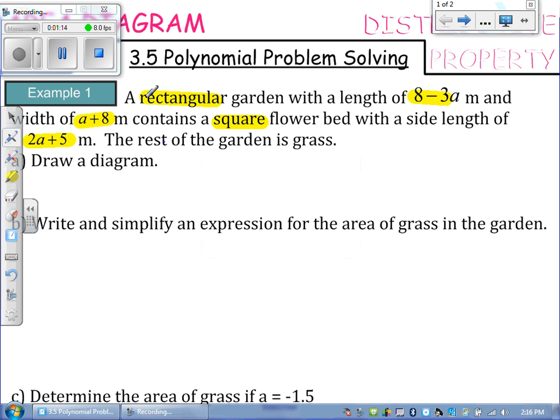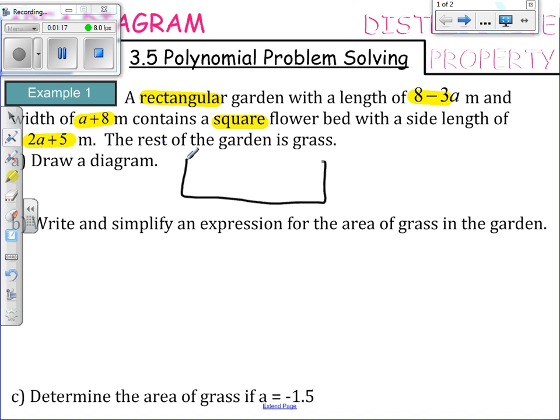So you have a rectangular garden. One side length is 8 minus 3a. And then the width is a plus 8. I read this square, correct? Then inside of that rectangular garden, you have a square flower bed with a side length of 2a plus